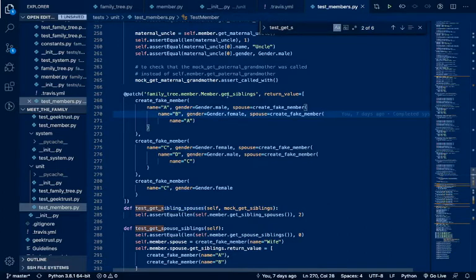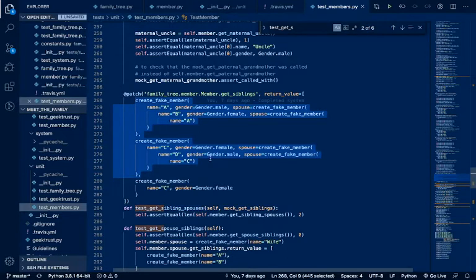So we have mocked the get siblings method, and the return value gives us a list that has three members. Two out of three members have spouses, and one does not.